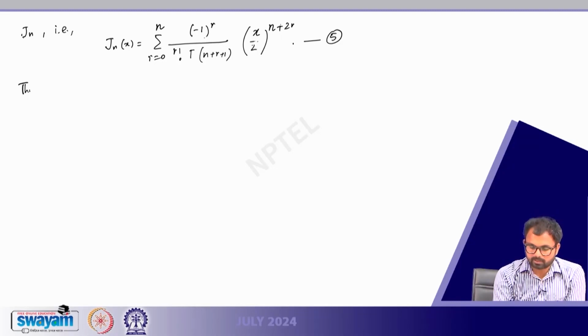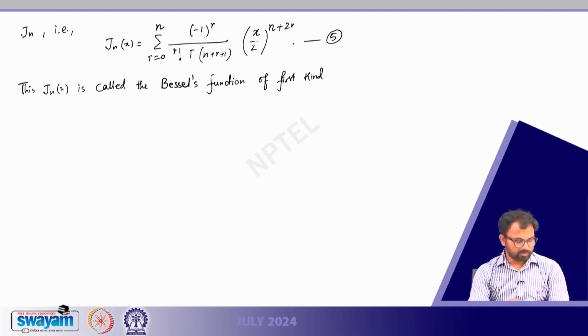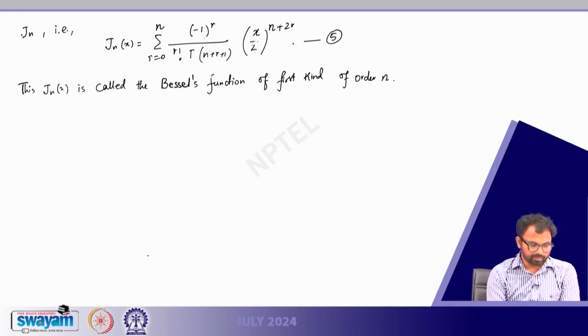This Jn x is called the Bessel's function of first kind, Bessel's function of first kind of order n, right. And if n is not an integer,